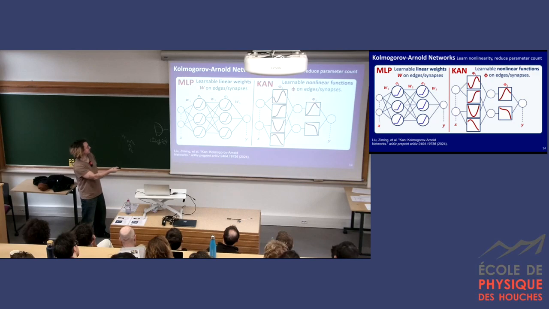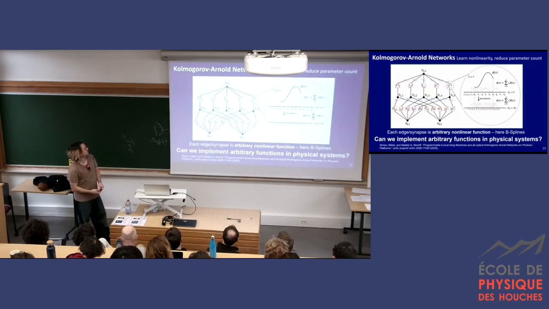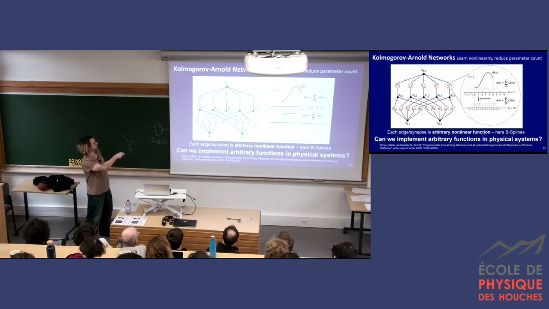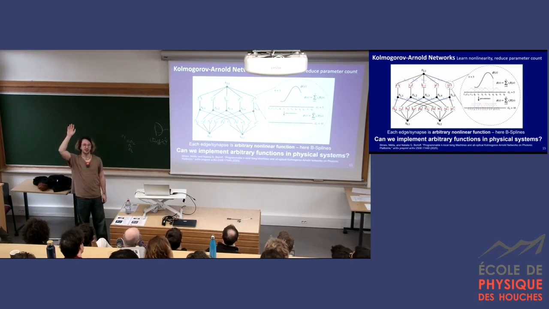So we were interested, could you do this kind of thing in physics? Would it be perhaps at least a framework? Not saying it's the best or anything like that, but just a way to start playing with this idea of directly learning these nonlinearities. But there are some tricky things, right? So in the first software demonstration, how did they get these nonlinearities? What they used was something called a B-spline. Splines, anyone familiar with that? Yeah, a bunch of you.